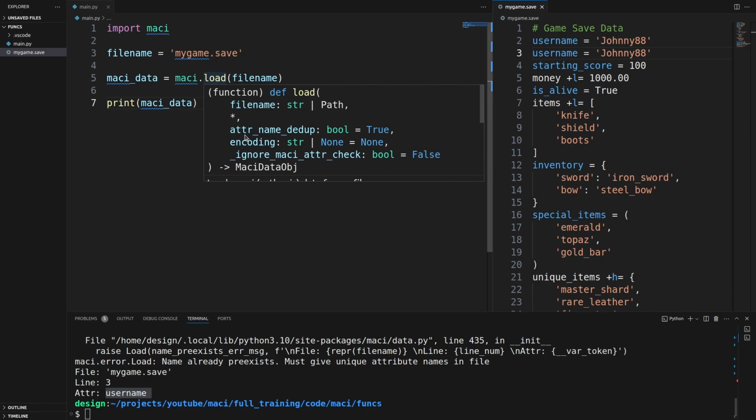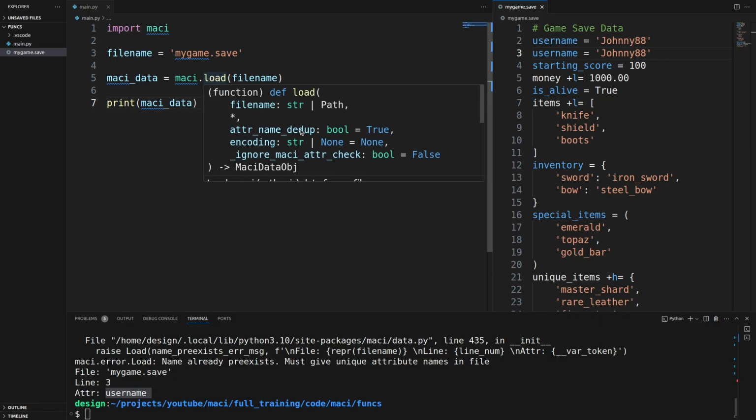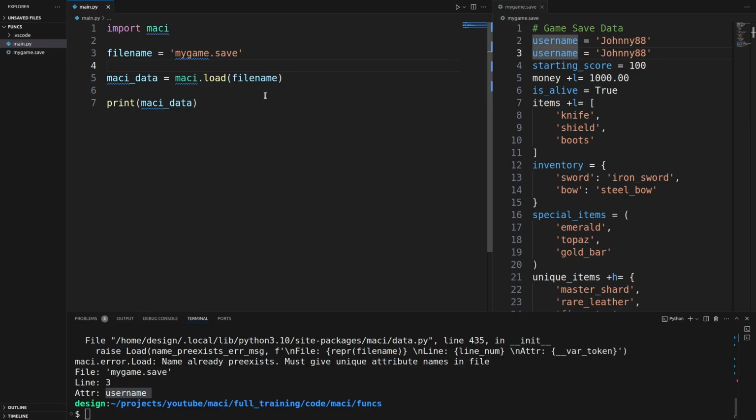The first layer is the attribute name deduplication. All the internal maci attribute names get generated before it even begins to load your data. And so this will actually fire off first before this actually happens. So truthfully, if there's a pre-existing name, I would just suggest to name it slightly different if you happen to